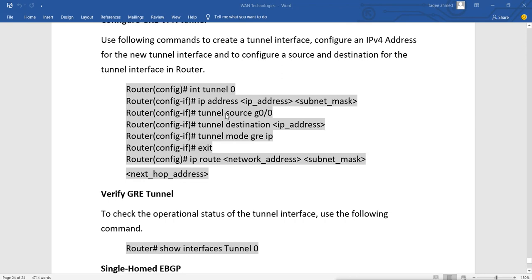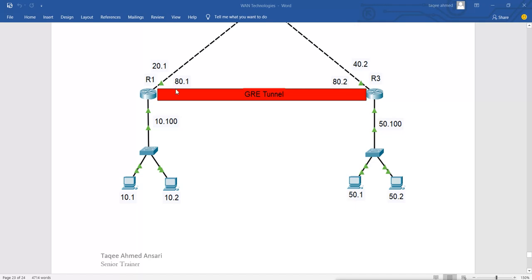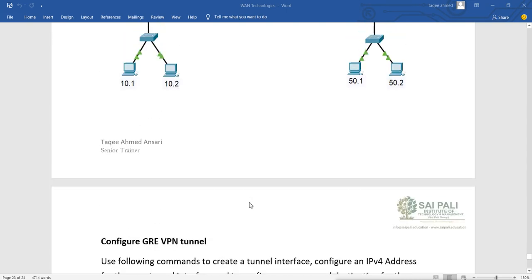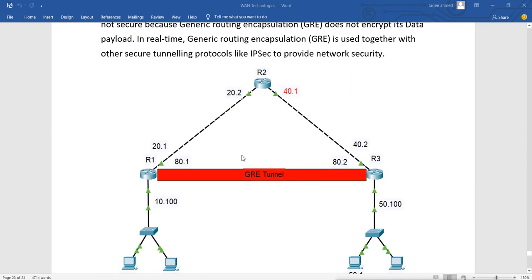Then tunnel source, we mention the source of the tunnel. We will mention the interface of router 1 where it connects to the internet, and then we mention the tunnel destination. That means the destination IP of the tunnel, because this is a virtual tunnel, it is not real. Data is going to go from router 2 to router 3.